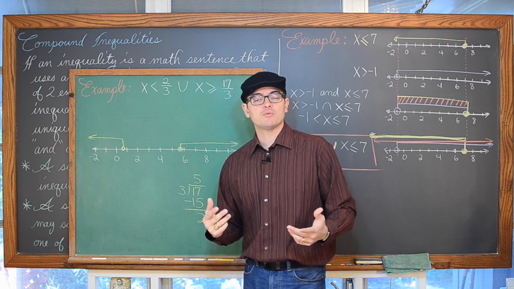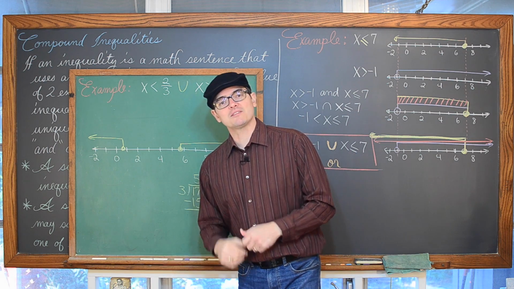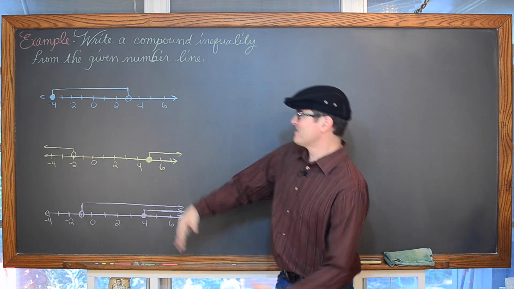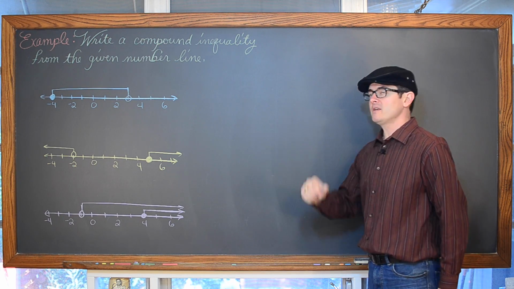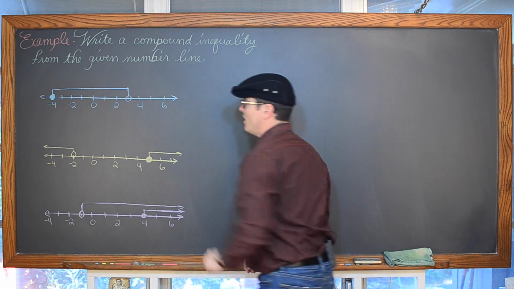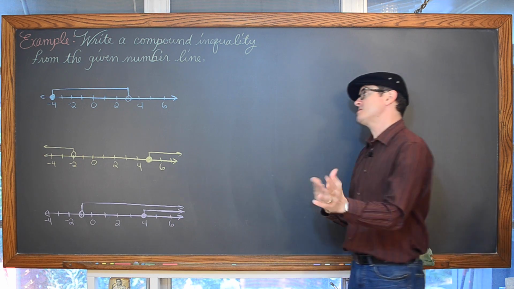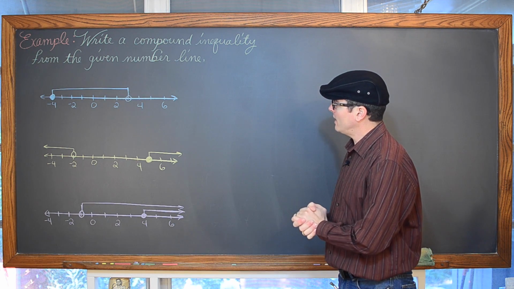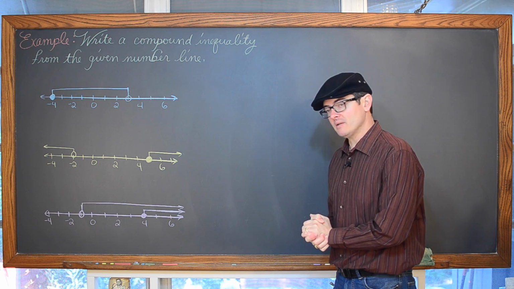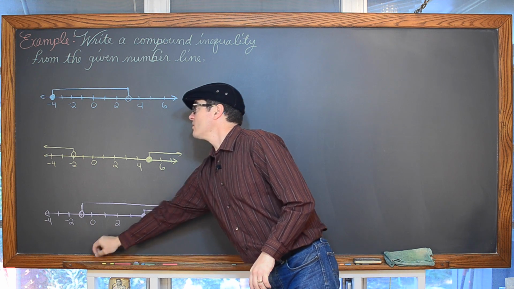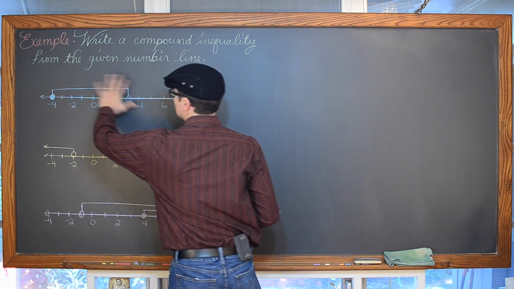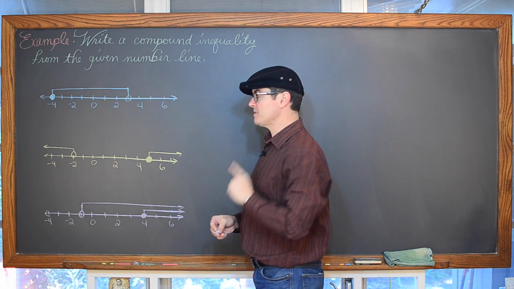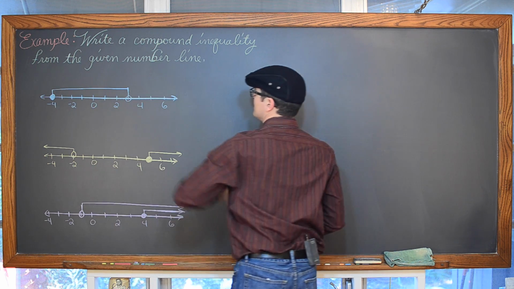Let's look at a number line and come up with some inequalities and do an algebraic example. So we have our three number lines. Our first one has a solid dot on -4, an open dot on +3, and you can see that it is shaded in between these values. So that's probably going to be an AND statement. What have I shaded? I've shaded everything that is equal to -4 or to the right, up until, so it's not just x is, well, I'll just write that.